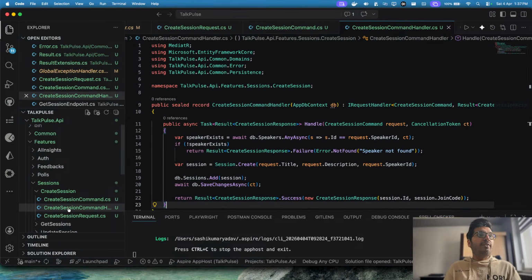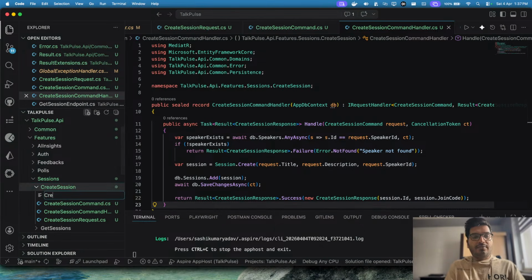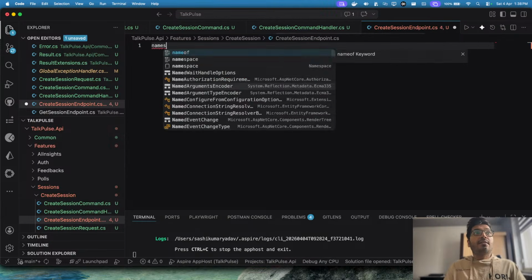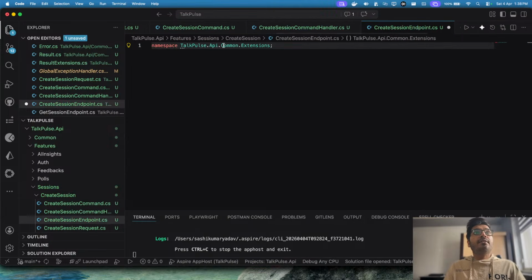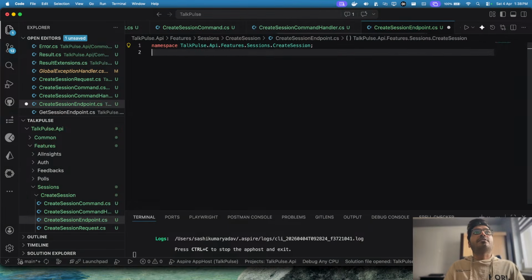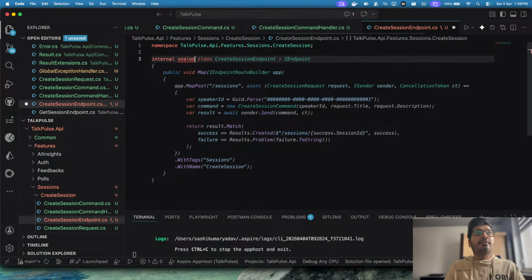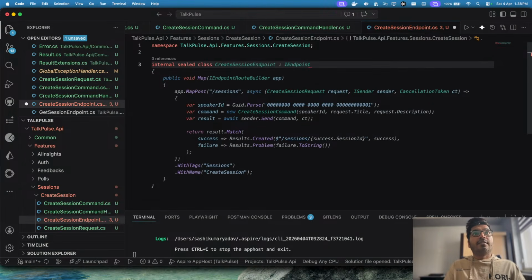Now remember what all files you have created. We have the command, we have a command handler. Now you need an endpoint, the endpoint which will handle this request, right? So let's create that. So we have CreateSessionEndpoint.cs. Let's add the namespace. Okay, API.Features.Session.CreateSession. We say internal here. So internal sealed class